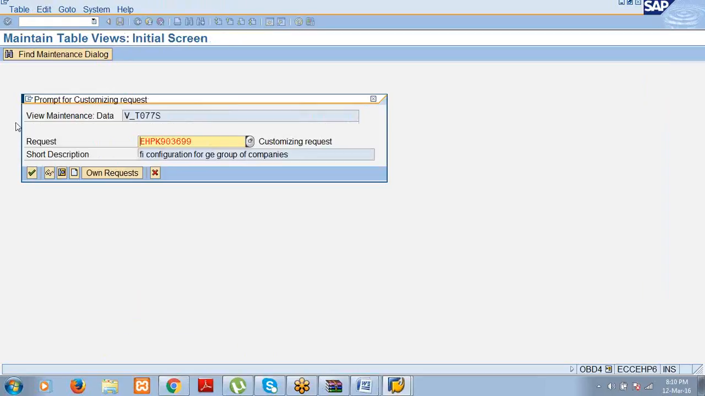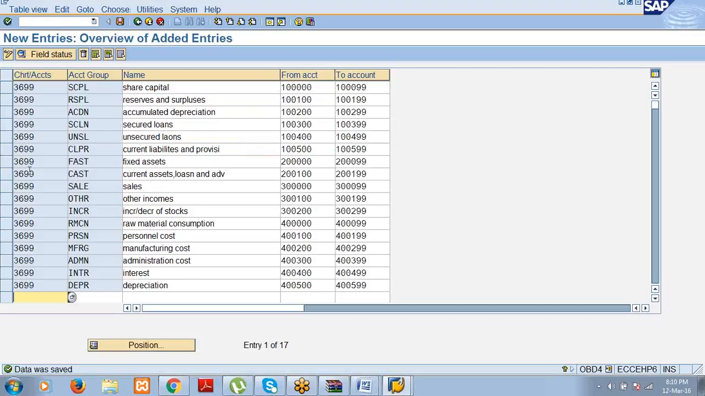Click on save. So this is how we have created 17 account groups. And in your practice also,